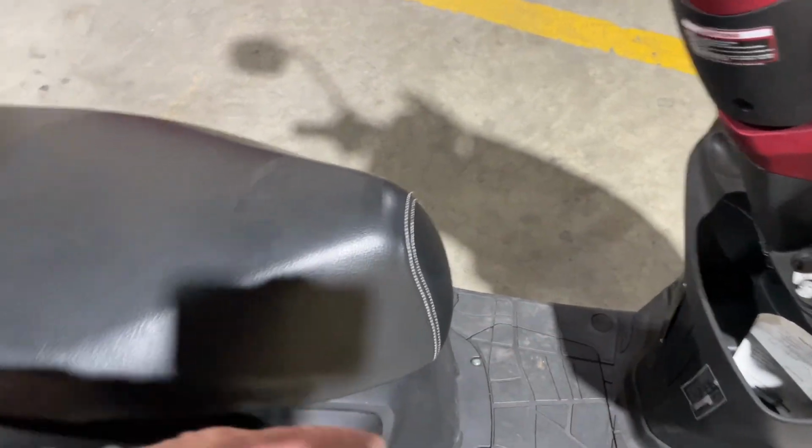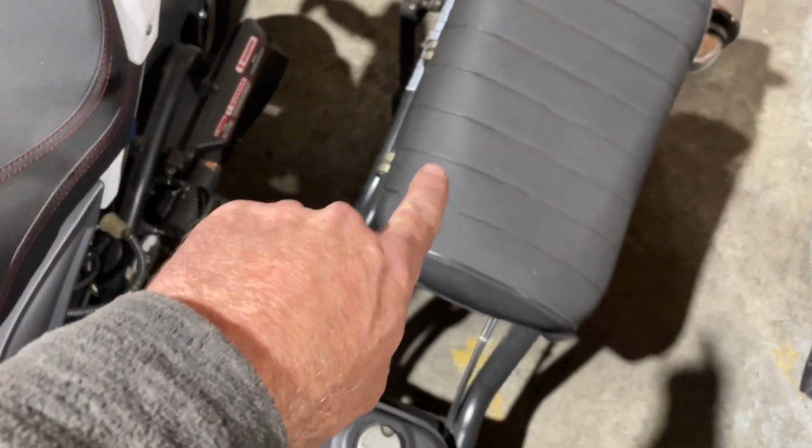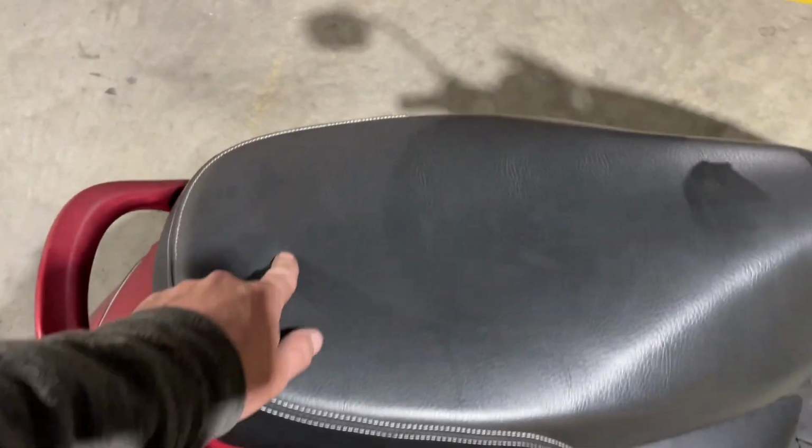They don't realize that you have to pump that fuel back up, and some of them, like our Mad Dog scooter here, the fuel has to pump far. So it has to pump from the tank right there all the way up to the carb underneath the seat there. This one's not too bad. The tank is right here. So let's